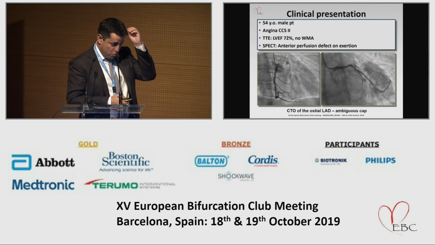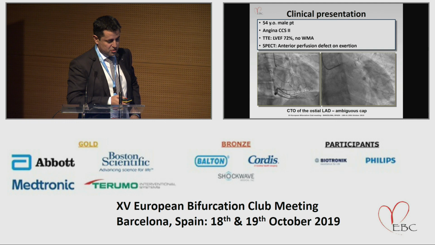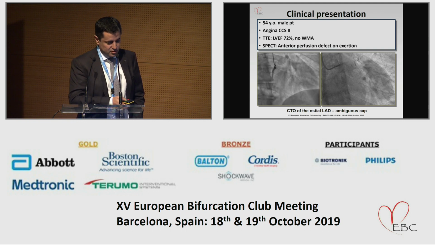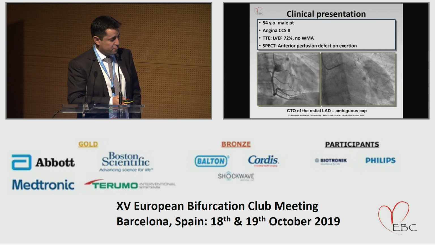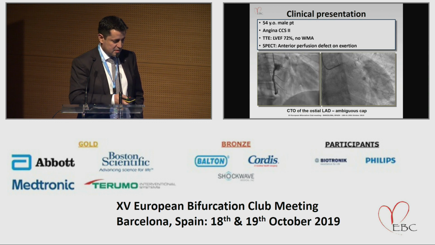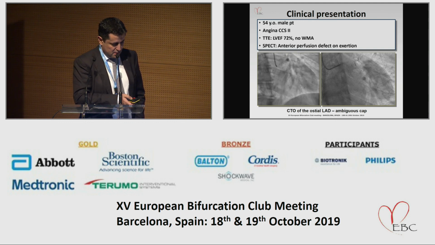It's a 54-year-old male patient with angina and with ischemia demonstrated in the scintigraphy. He has a normal ejection fraction and no wall motion abnormalities, so the viability of the anterior wall can be assumed in this case. So the indication of revascularization was clear. As you can see in the angiography,